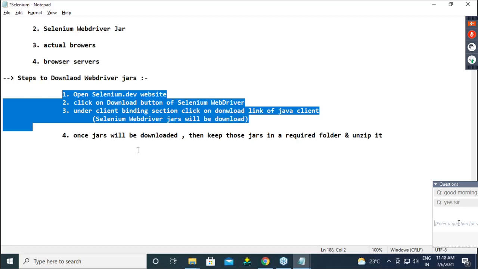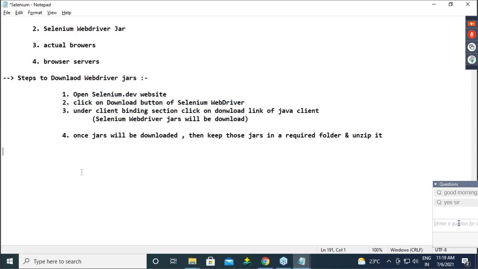Instead of Internet Explorer, guys, Microsoft Edge is much better, a much better browser given by Microsoft. Most of the time, these four browsers run in industry. So what will we do?